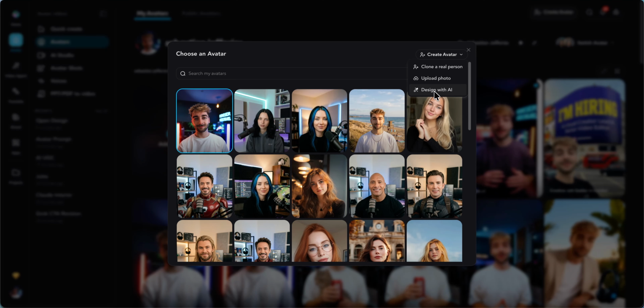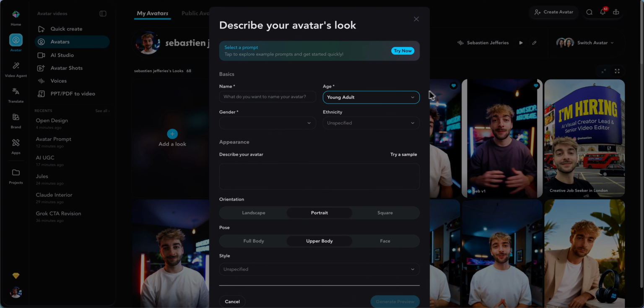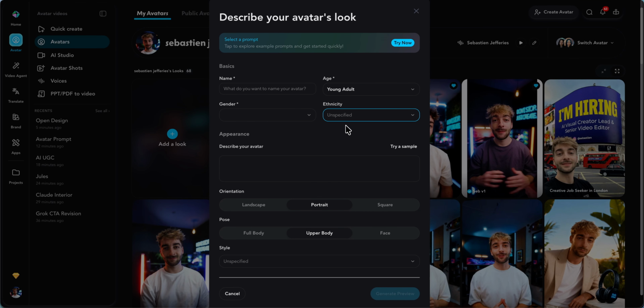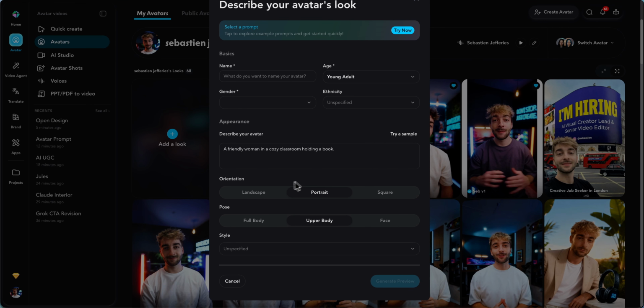You can also design an AI avatar if you haven't already designed your avatar, and here you can see that it basically gives you an option to create your own. So of course, give it a name, choose the age, then you can choose the gender, ethnicity, and then describe what you want your avatar to look like. If you have no idea, you can click on the sample and it'll give you a bunch of different variations here. You can then select your landscape, portrait, square, full body, upper body, or face, and then you can choose